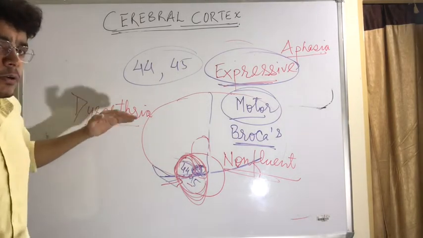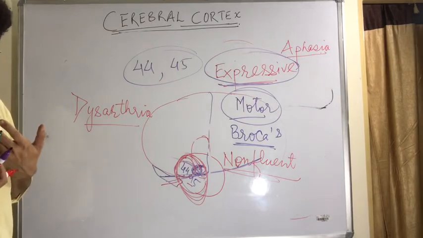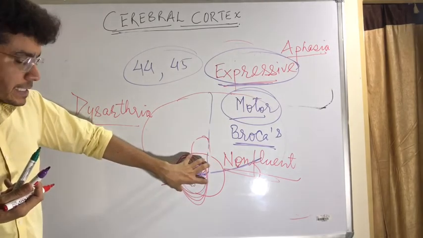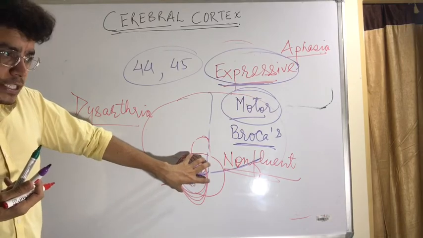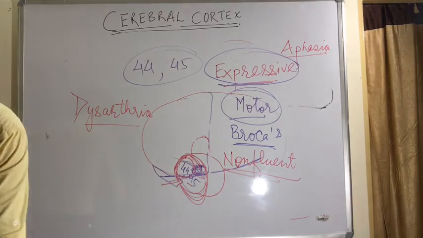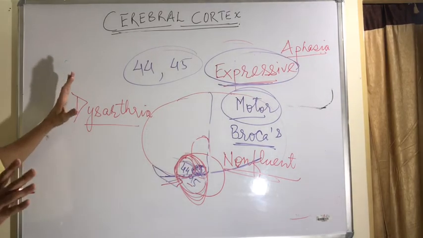But in this one, all the motor faculty is normal. Only the area number 44 and 45, this concerned area, is not working properly. So that's why this is expressive aphasia. Okay, so that's regarding the precentral cortex. Now